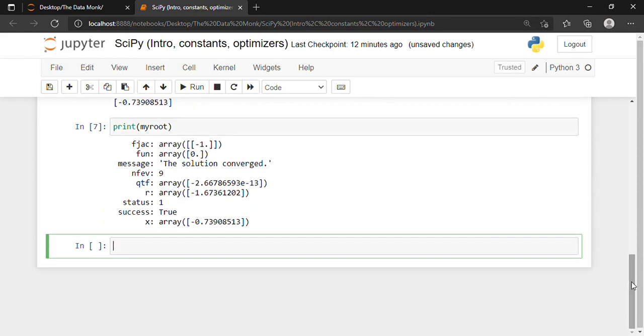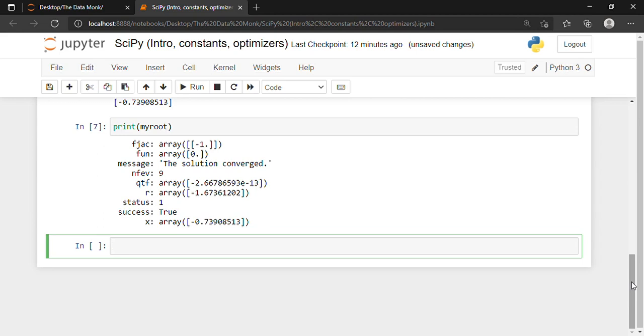We can also use SciPy for minimizing a function. A function in this context represents a curve. High points in the curve are known as maxima, and the low points in the curve are known as minima. The highest point in the whole curve is called the global maxima, whereas the rest of them are called the local maxima. The lowest point in the whole curve is called the global minima, whereas the rest of them are called the local minima.